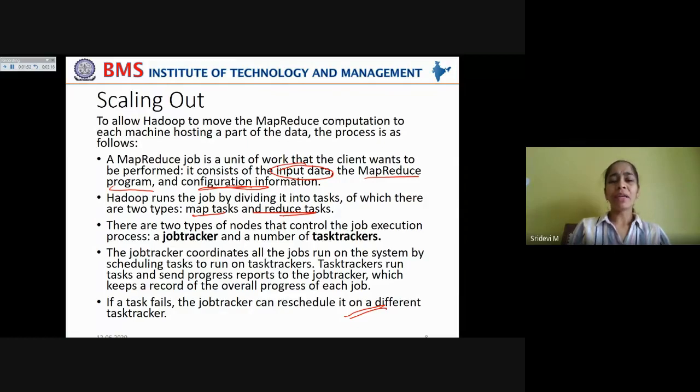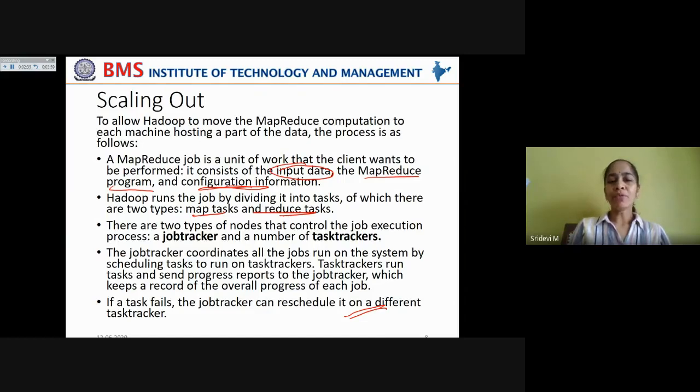Why? Because you are trying to process GBs of data, gigabytes of data. In that case, that voluminous data, if it is processed by a single data node or by a single task tracker, then that will take too much of time. But if you can map those tasks simultaneously onto multiple nodes, then the processing will be much faster. For that, you are dividing the task into multiple map and reduce tasks. And remember, only when the map task complete, at least part of the map task complete, the reduce task will start executing. Why? Because the map tasks have to provide the output to the reduce task, right?